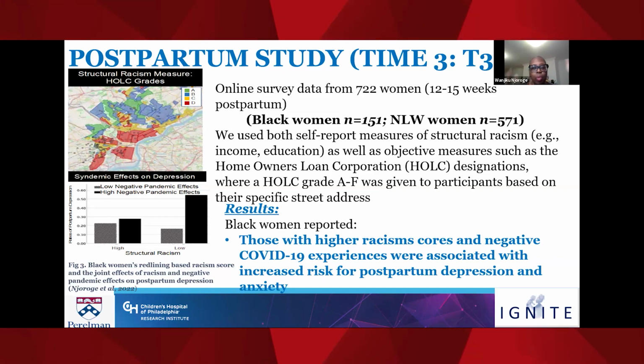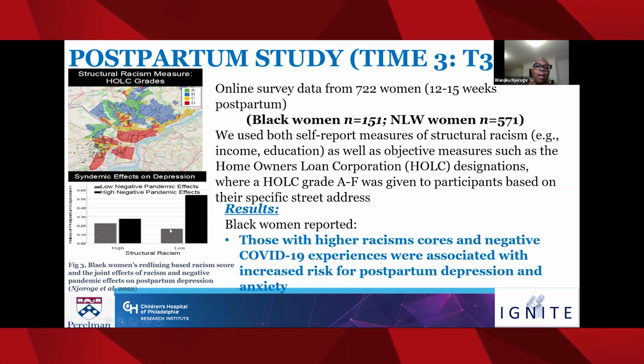And so then for my portion of this particular study, I was really looking at those designations we talked about in the 1930s and 40s. They were happening all across the United States with redlining that was done by the Homeowners Loan Corporation, the HOLC. And so we were looking at those designations for the women that we had recruited into these studies back during pregnancy. As you can see from this figure here, which we had published in JAMA Psychiatry in 2022, we were